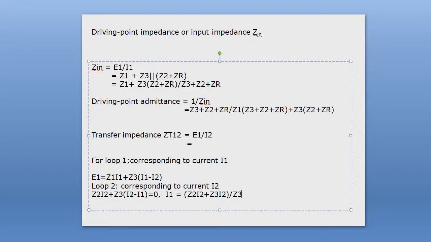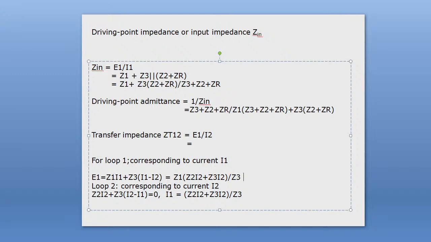current expression in terms of I2 current and impedances. So I1 equal to, we can write Z2 I2 plus Z3 I2 divided by Z3. Okay, now let me put the expression of I1 in this equation, the loop equation 1. So if we replace I1 here, Z1 I1 equal to, we can write Z2 I2 plus Z3 I2 divided by